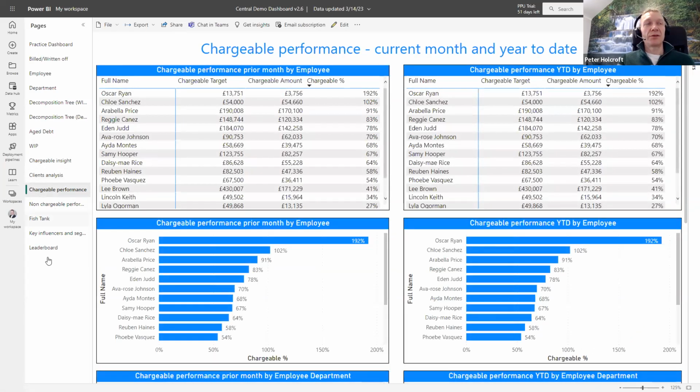And this is where we really get into the nitty-gritty of Power BI, and we try to provide some real value. We do chargeable performance based on specific algorithms that are bespoke to your business. So at this moment, this is just a chargeable target where everyone's got a target and an amount. And we're actually pulling this field